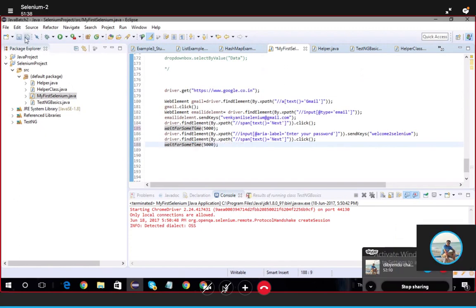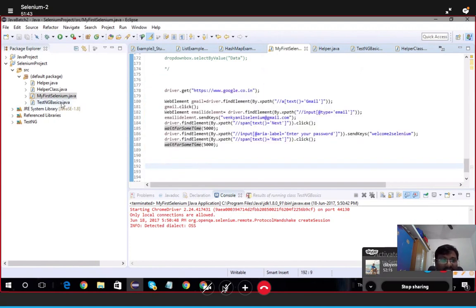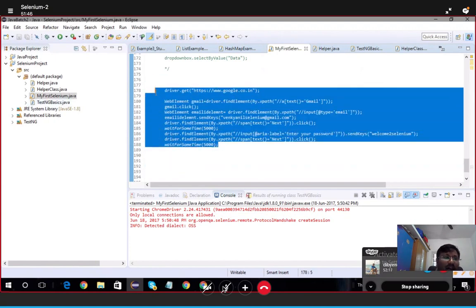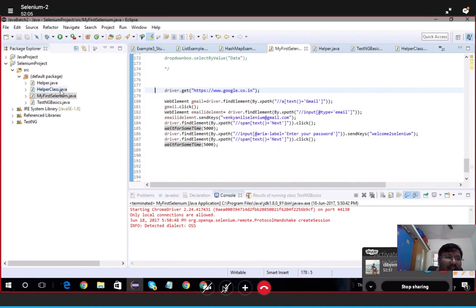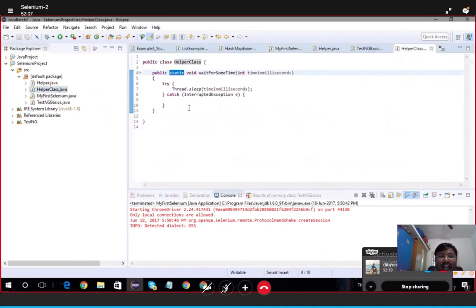So this is used by all the test case classes. That's why I wrote it like this. We'll understand the importance of that soon. Not just this method, we are going to write multiple test cases in the next class. At that time, instead of writing this method in every class, I just wrote a helper class and I am extending it. All frequently used methods I will keep inside this helper class, and I will extend this class in all the classes so that I can use those methods everywhere.